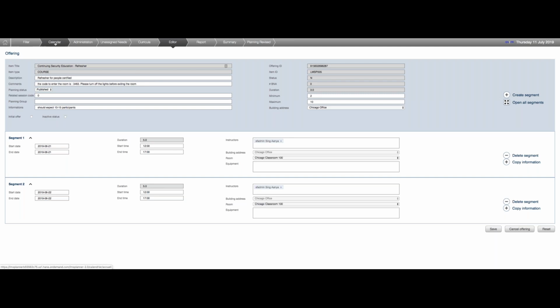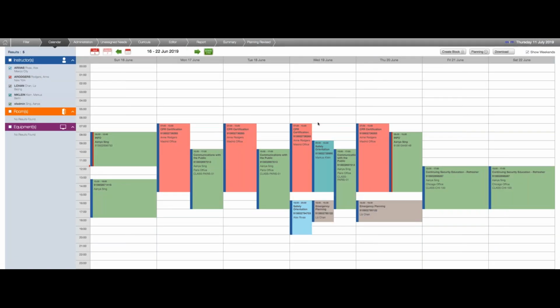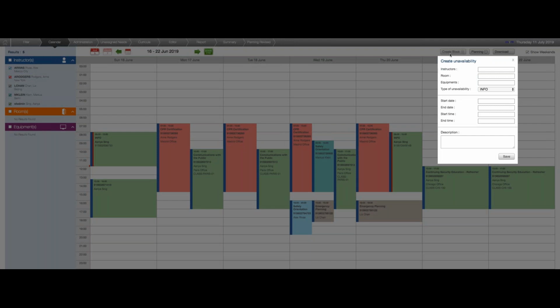I'll go back to the calendar screen here and also highlight what I mentioned before in terms of these information blocks. We can create a block that indicates an unavailability at a specific point in time for a particular resource. This functionality can be leveraged by schedulers who want to input unavailabilities for other resources, for either trainers or rooms,